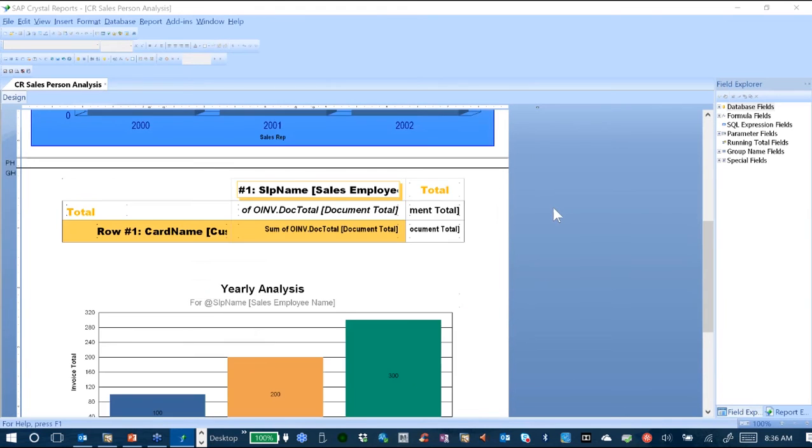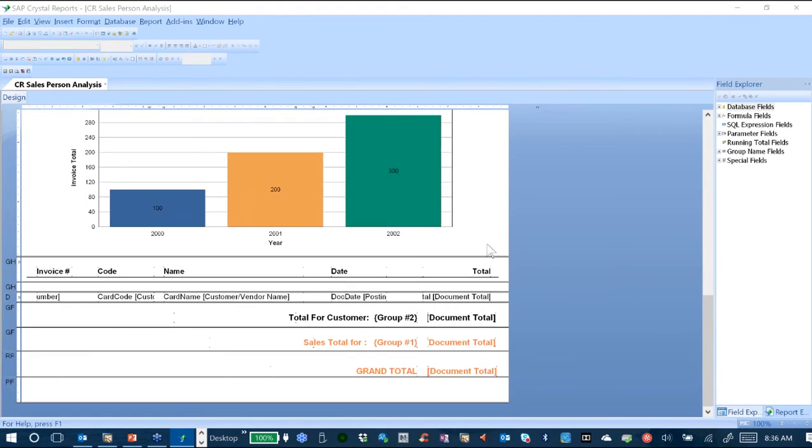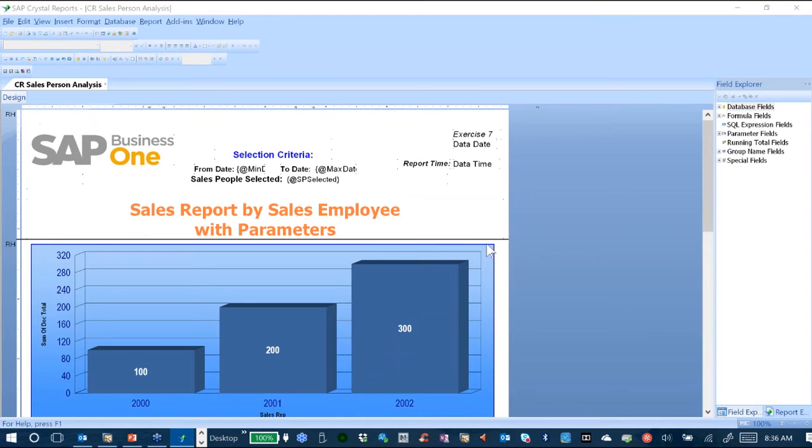You can see that I have a lot of different elements in this report. So there's the basic report spec. And let's take a look at what it looks like right now when it actually is previewed by a user in Business One. So from the Crystal Reports Designer, and I have the SAP Business One add-in installed, so it's